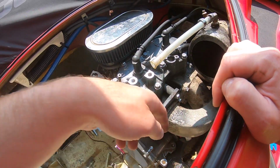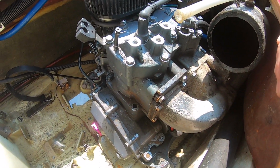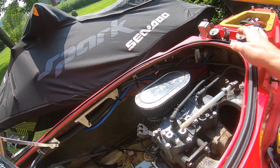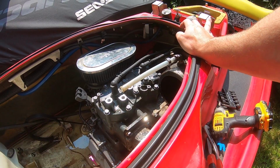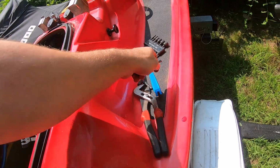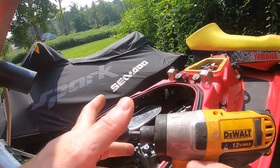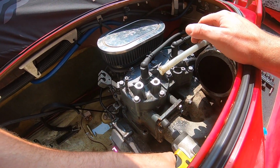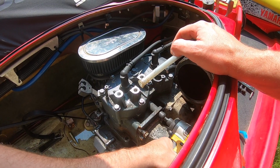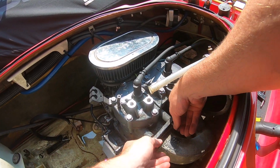Let's see. Here's the bracket right there. Make sure there's no cracks on the exhaust manifold. Doesn't look like it. So just these two 12s, I might be able to get it. Let's try it. When in Rome, right? Pull out the 12. See if we can get it. The exhaust manifold does not have to come out. Okay, all right, worked. And then the real tricky part is going to be